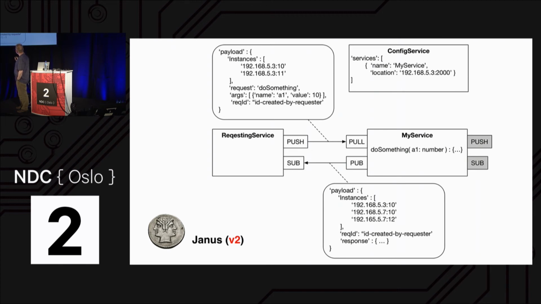The requesting service has to know the address of the service that it's talking to for this to work. So is everyone following me here? All right, so this guy's going to connect, this guy's going to bind. And also, the subscriber connects to a bound socket on the service that publishes the response. So the requester knows the address of the requested service. So the hard part here is discovery. The hard part is how do you learn what the addresses of the services are?